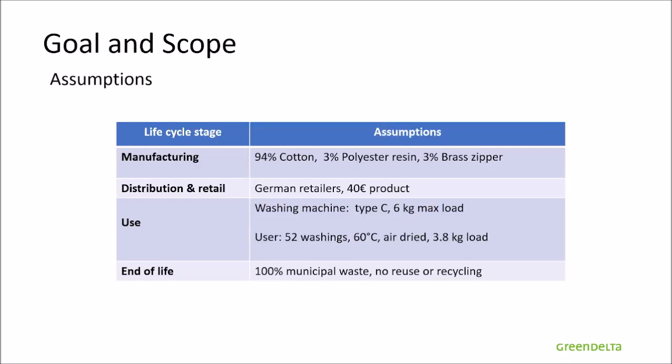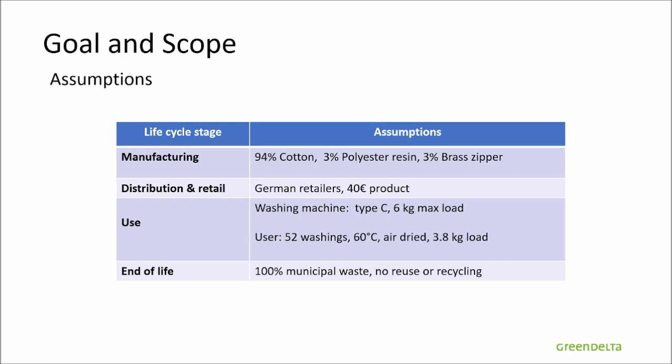Here is an overview of the assumptions we made for the study. For the manufacturing, we stay with the same consumption as before. So 94 percent of cotton, 3 percent of polyester resin, 3 percent of brass zipper. For the distribution and retail, which is handled by German retailers, we assume a price of the retail sweater to be 40 euros. For the use, we are still using a Type C machine with a maximum load of 6